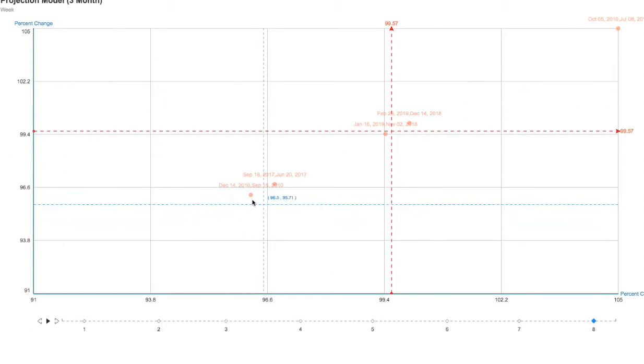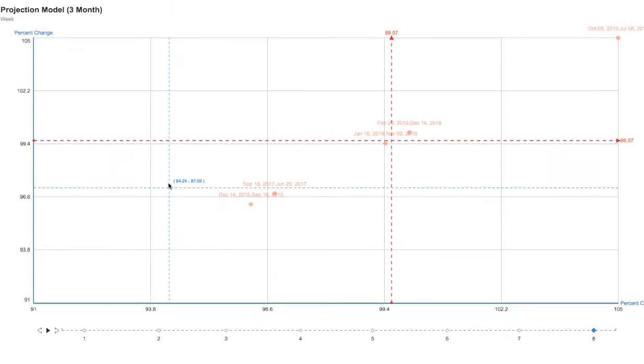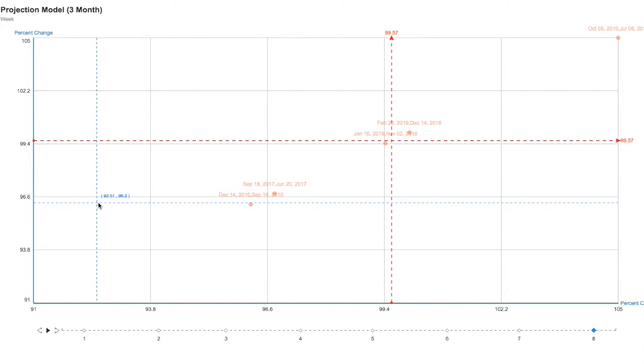And we see that here also projects GDX will be down around 4%. And the trend that we took a look at on the other model also supports the claim because there's a support